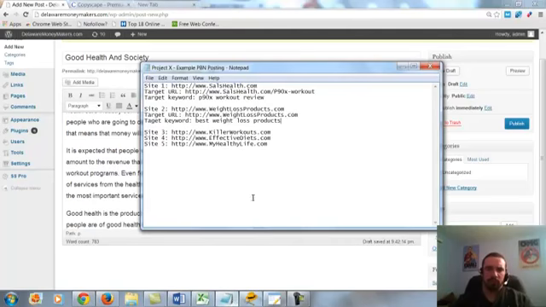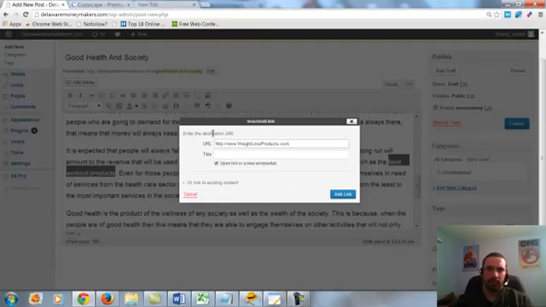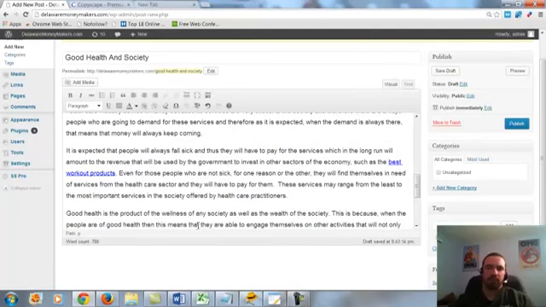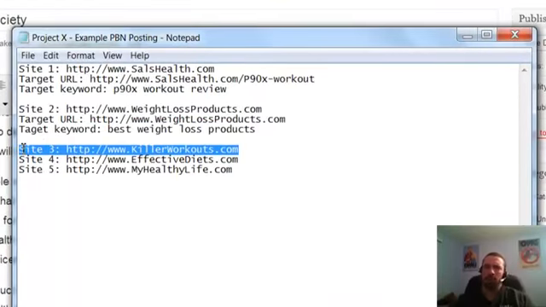Was that my target keyword? Products. Alright, so that's going to link to site 2. So now I have one link to each site. Sometimes what I'll do here is link to a third site maybe. I don't do that too often because then you have a big mix there.